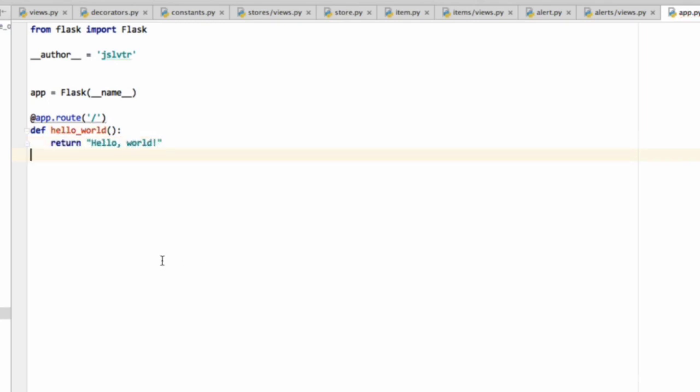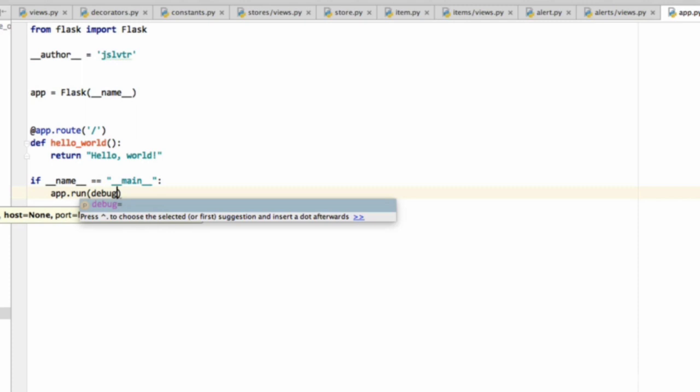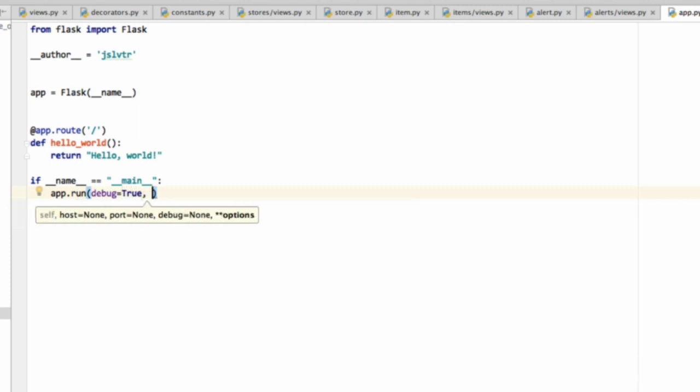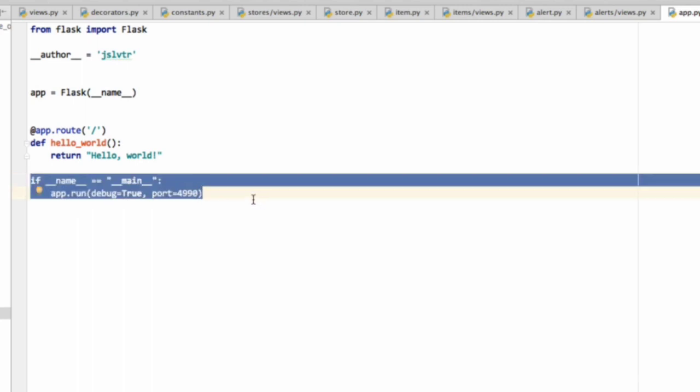And normally now we would say if name equals main, then we would say app.run, and we would say debug is true, so that we get our errors out in the browser. It's easier to find out what's going on. And the port, which I'm going to set to 4490, because now I've got something running in 4495 as well. So, okay, this is what we would do before, but now that we've got our run.py file, we no longer